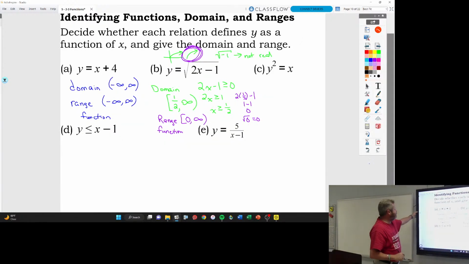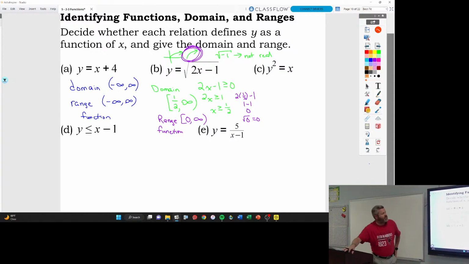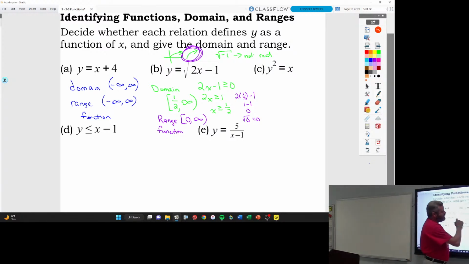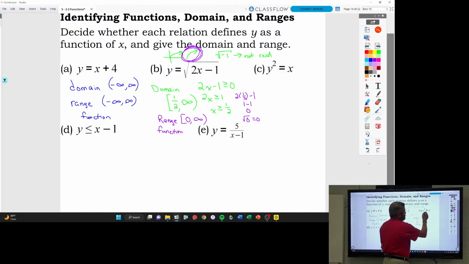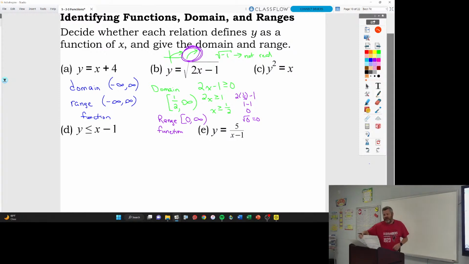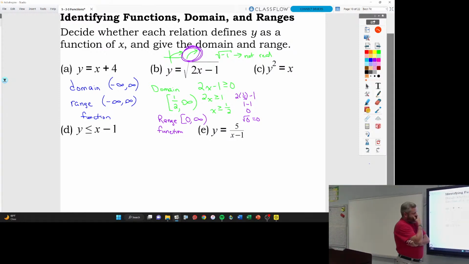Okay, part C. y squared equals x. So this is saying that x equals y squared. So if we think about that, can x be anything? Can y be anything? In the case of this problem, if we just start thinking about different values,